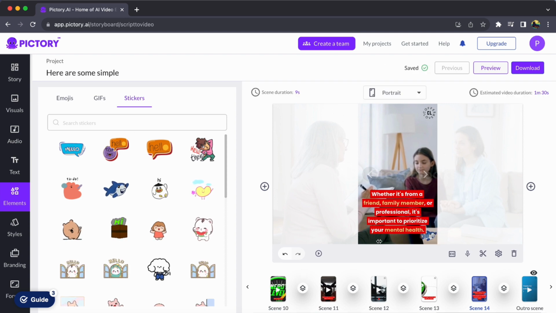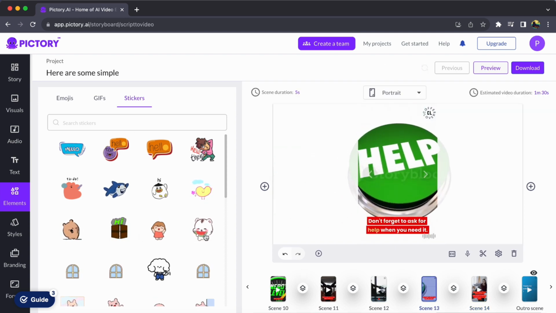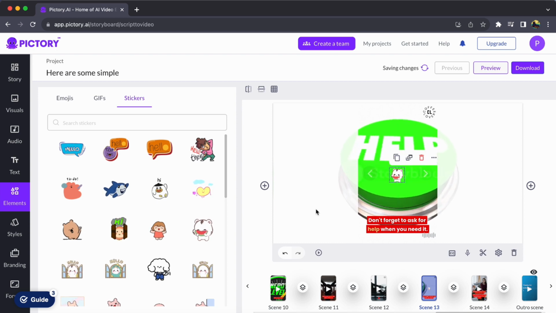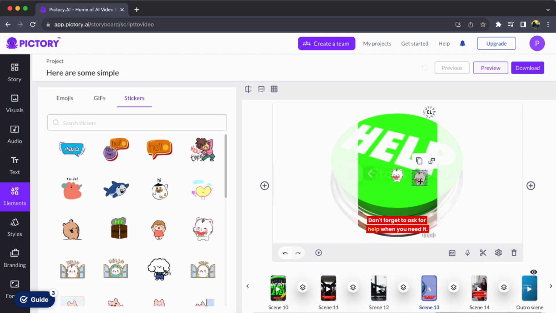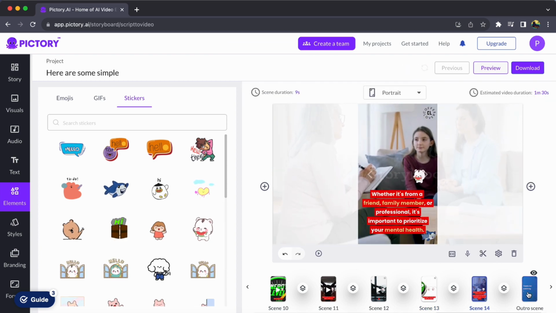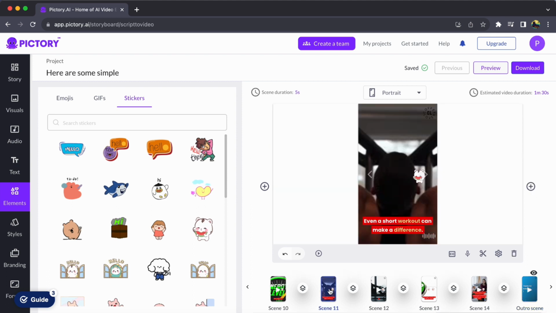Step 5. Customize further with quick actions. Click the element in the scene preview for options like copy, duplicate, and even scaling and dragging for perfect positioning. Immerse your video in creativity as elements scale, move, and enrich your